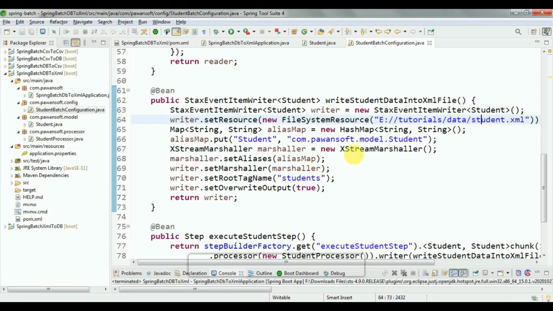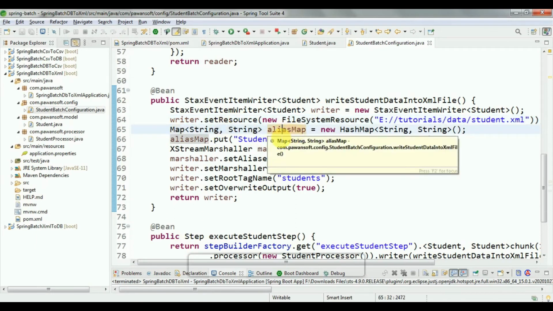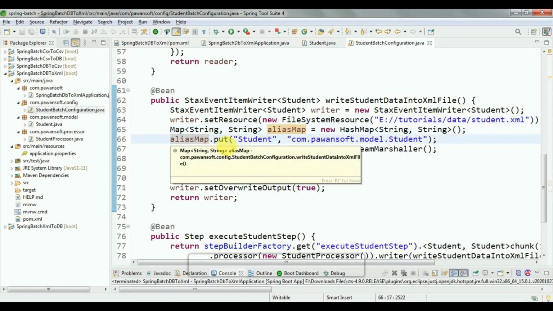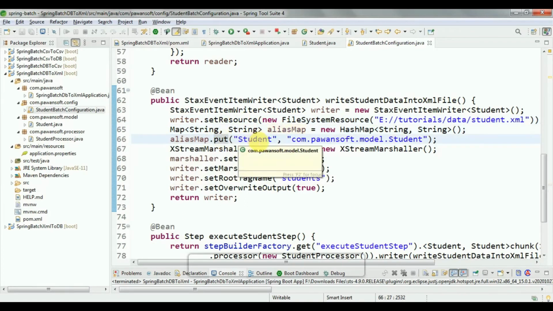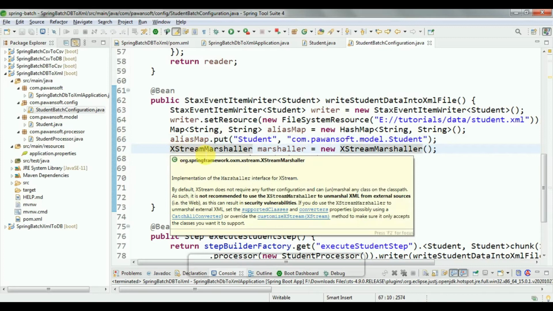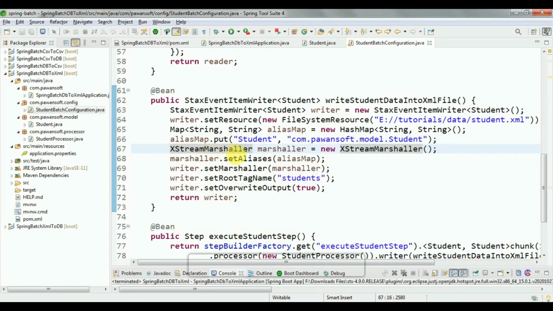Then you have to create the alias map. Inside the alias map you put the key as student and the value as the model class with its fully qualified name, com.pawansoft.model.Student. Create the XStreamMarshaller to convert the data into XML format, and set the marshaller's aliases to this alias map.